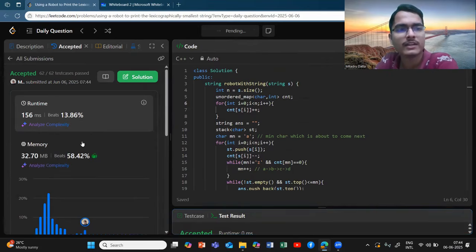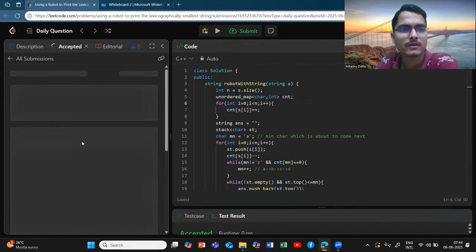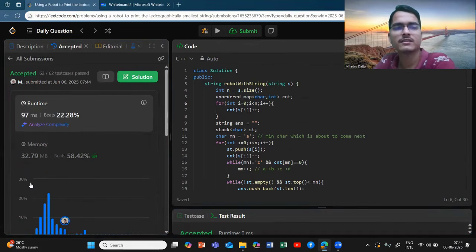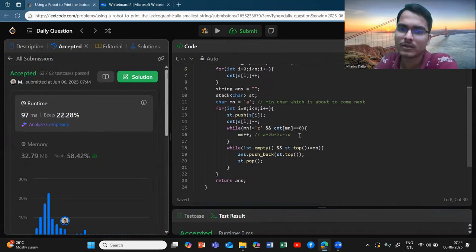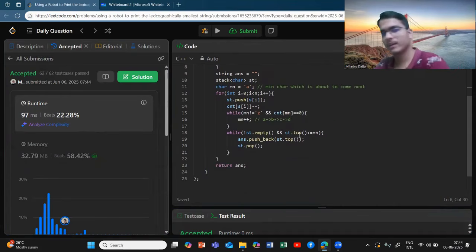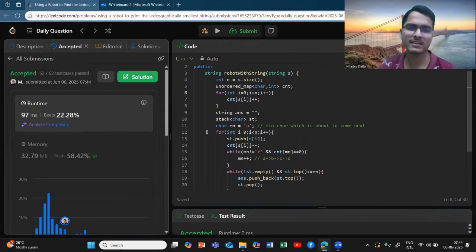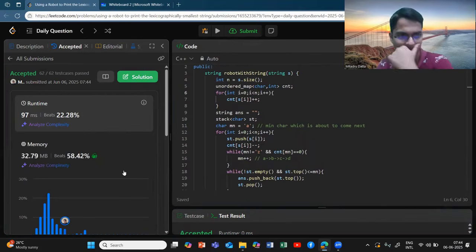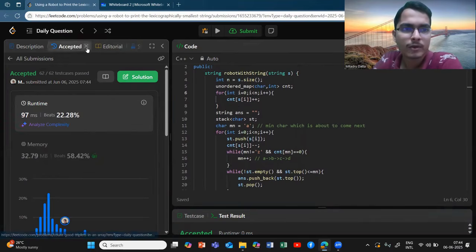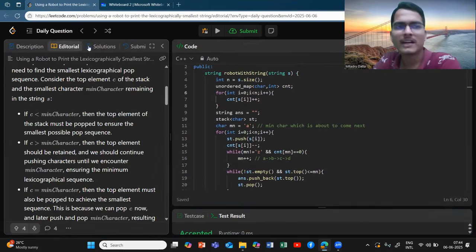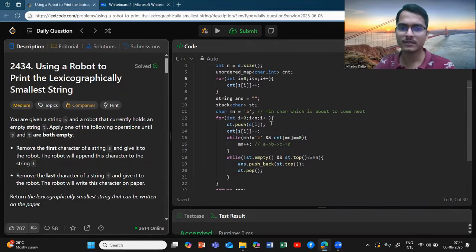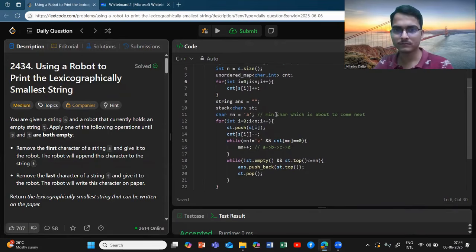let's try to see if the time complexity increases a little bit also. So it increases a little bit, not much, but you are close to O of n. How can you even do better than this? Okay, whatever. Let's try to do a dry run of this using one of the